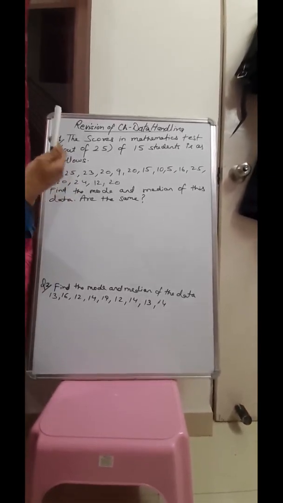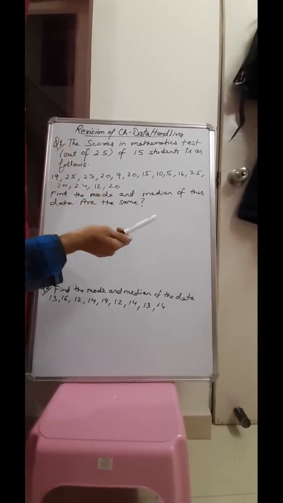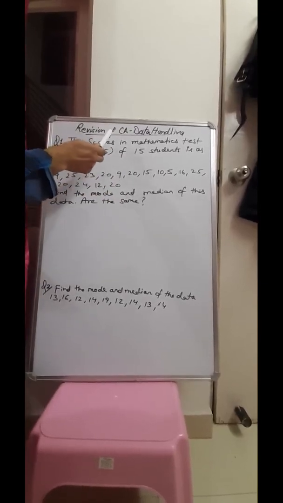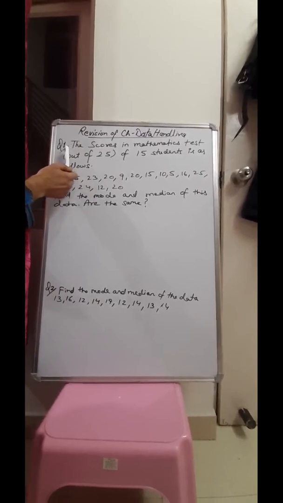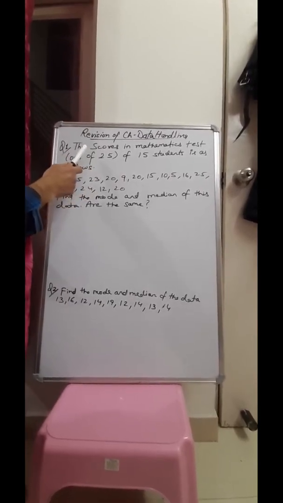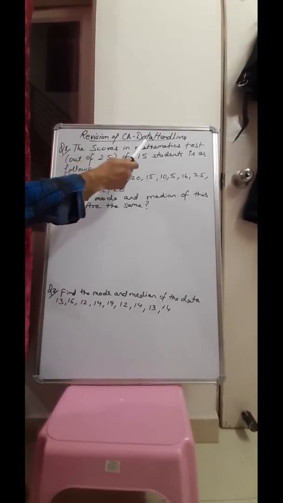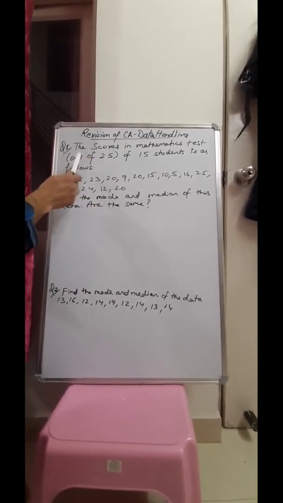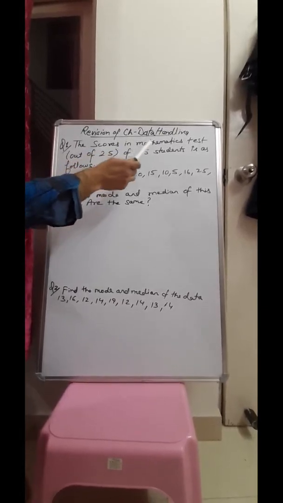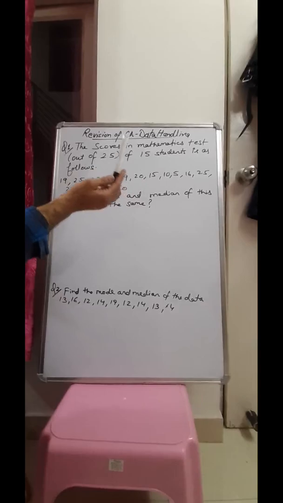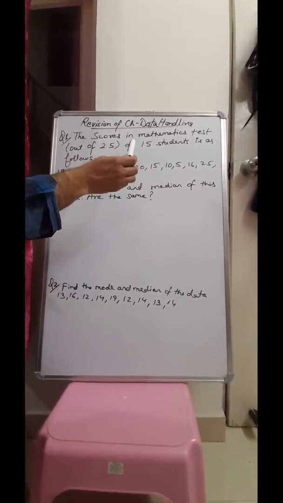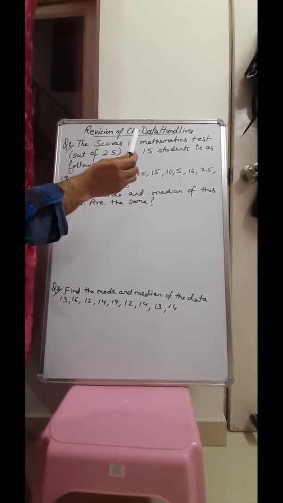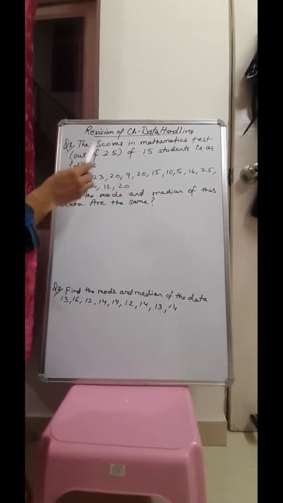So now students, again we are going to continue the revision of chapter data handling. Here in question number 1, we have been given the scores in mathematics test out of 25 of 15 students as follows. So here we have been given the marks of the 15 students in the mathematics test that is out of